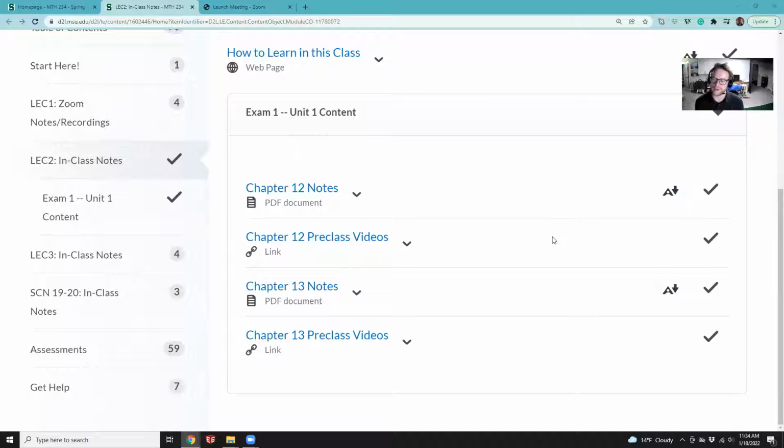Are we required to attend recitations? No, you're not required to attend recitations. There is a weekly review document that is done in recitations. And so I would say if you're having problems with that weekly review document, you should come to recitation, and that's worth some credit. So you do have to scan that and upload it, and you get some credit for that. More details are in the syllabus. Okay.